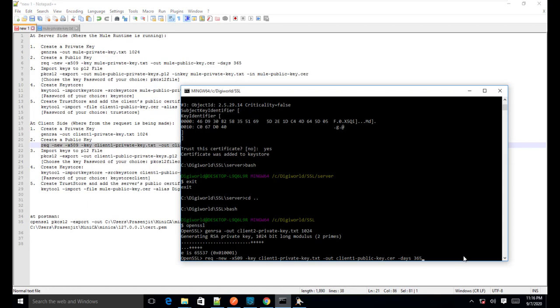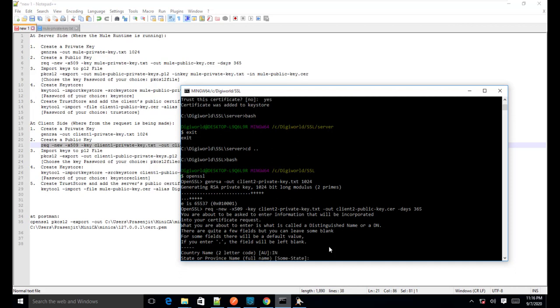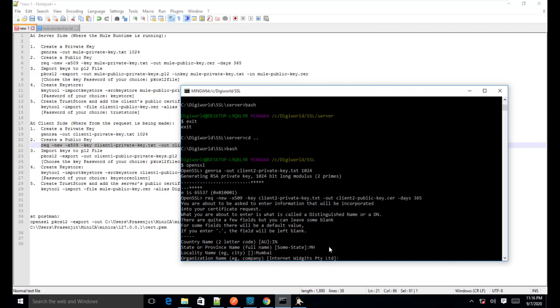The private key is created. Similarly I will create the public key also. This will be 2 and this will also be 2, right? So the private key and the public key are generated, so I'll keep it as is, then the city, which is also Mumbai. I will keep it as it is, and this time I will make it as